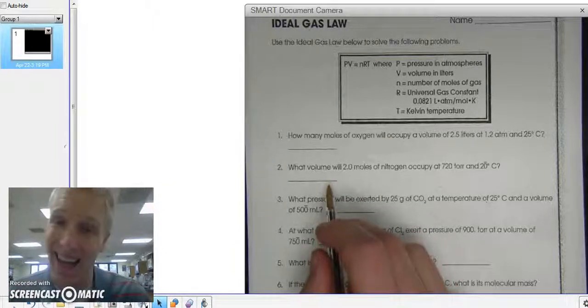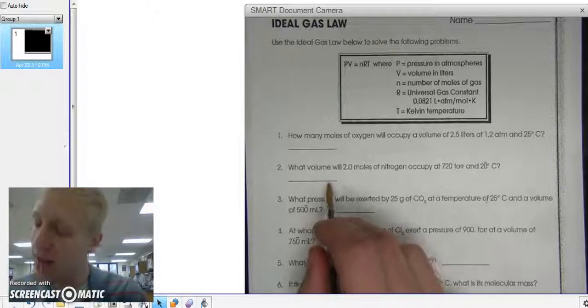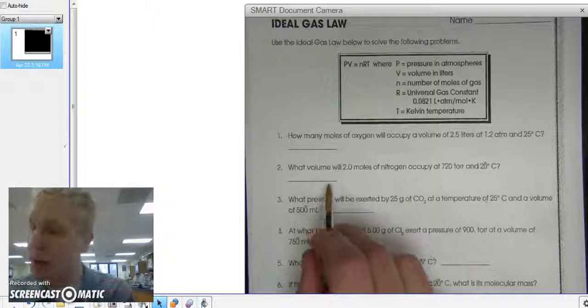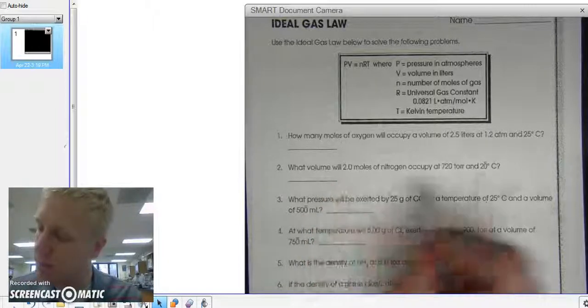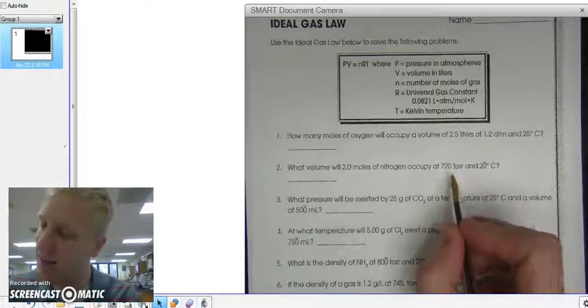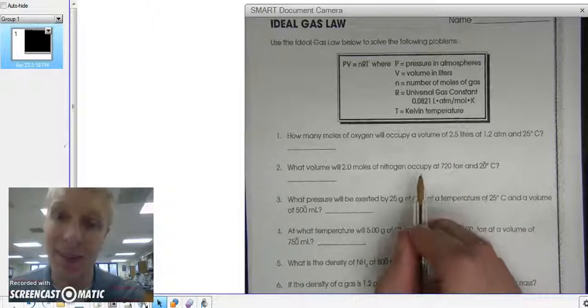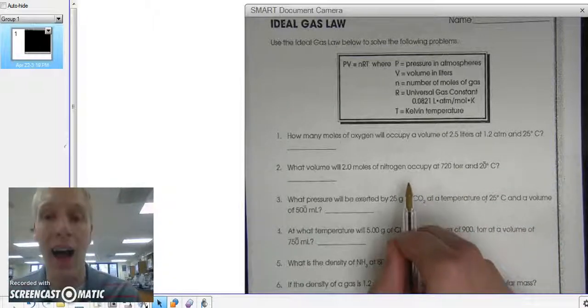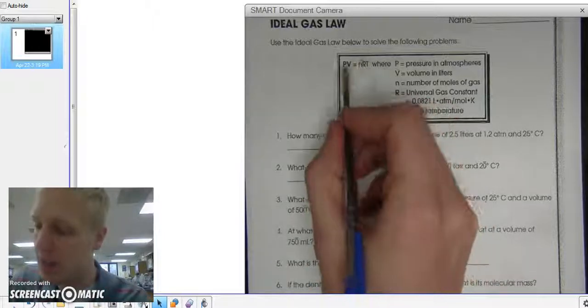Normally, if you were at STP, standard temperature and pressure, you could just use the 1 mole for every 22.4 liters. However, that only works at STP. Here we're at 20 Celsius, 720 torr. That's not standard conditions, so in that case you're going to have to use the ideal gas law, which is